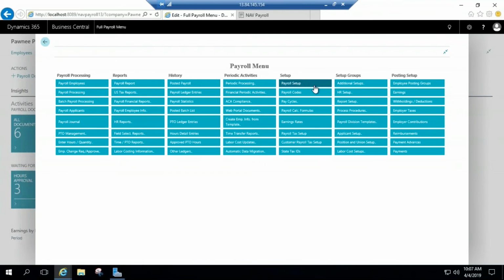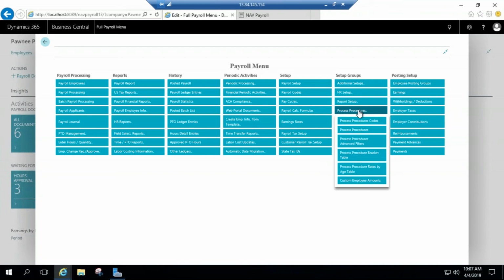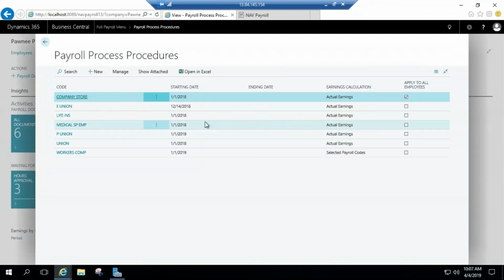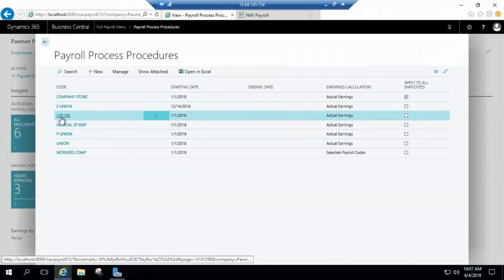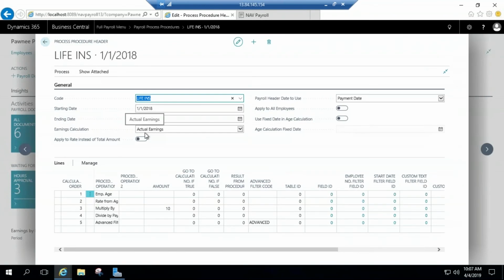We also have payroll process procedures. So payroll process procedures are going to allow you as a user, or once again the implementation team, to configure particular calculations that may need to take place either on one particular payroll line or a group of payroll lines, to handle the complexities that may come from a particular calculation related to disability insurance or a particular earnings calculation that needs to be tied to a particular